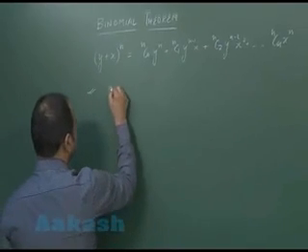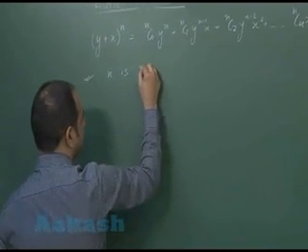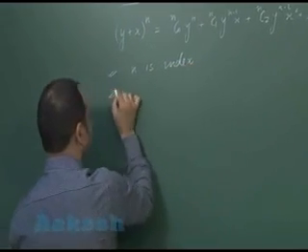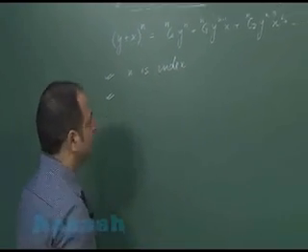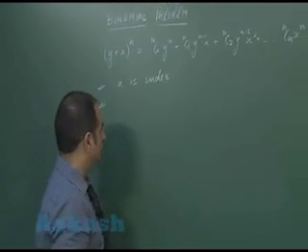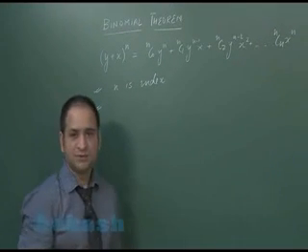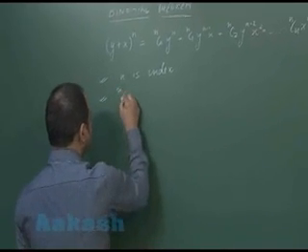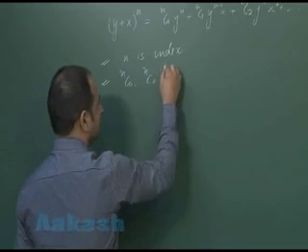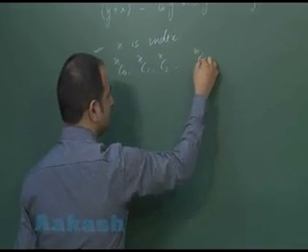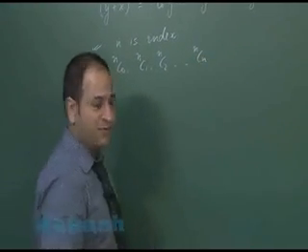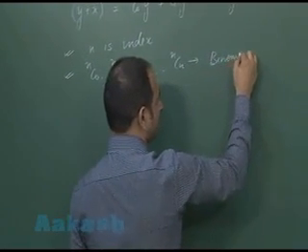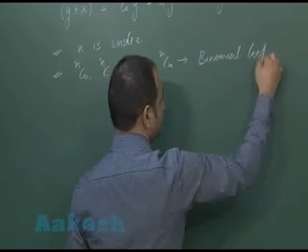n is known as the index. n is the index, and we know this theorem so far is only for the positive index. That n should be a positive natural number. Again, nC0, nC1, nC2 and so on, nCn, these are known as binomial coefficients. इनको हम नाम देते हैं binomial coefficients का.